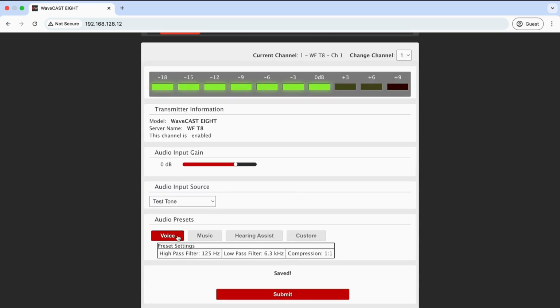at 31 Hz. The preset voice optimizes for speech with a high-pass filter at 125 Hz, a low-pass filter at 6.3 kHz, and no compression. The music setting applies a high-pass filter at 31 Hz, a low-pass filter at 16 kHz, and no compression, suitable for musical content. The Hearing Assist preset compresses the audio at 2:1, smoothing out the variations between loud and soft